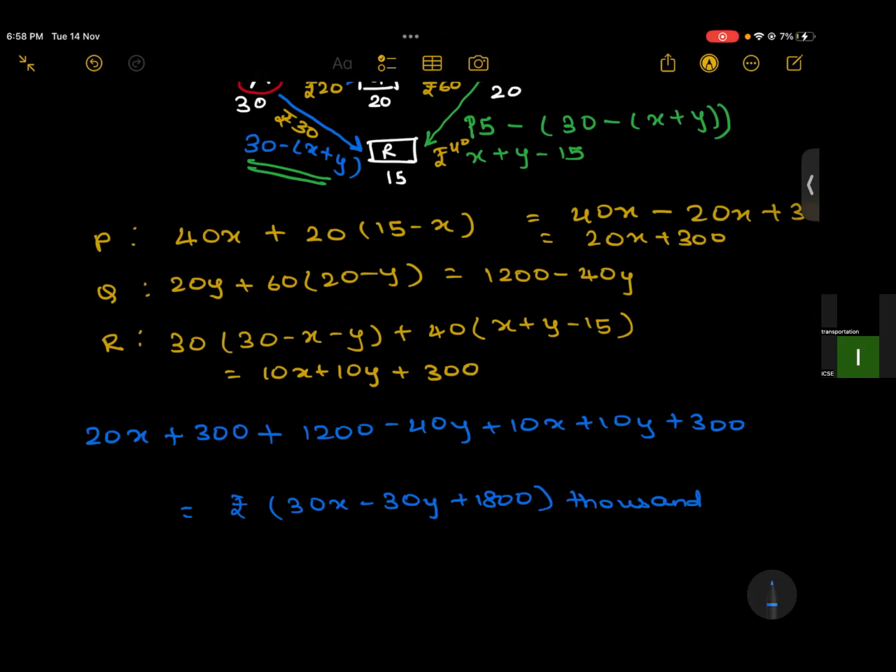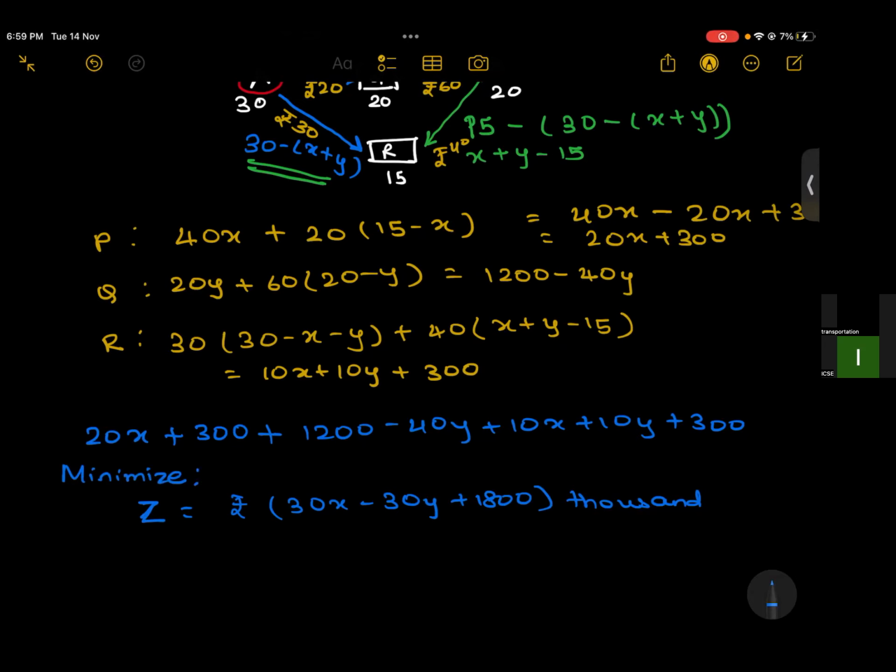Now, what do we have to minimize? So as we know in the other sums of LPP, this equation is our Z. This is what we need to minimize or maximize. In this case, we've been asked to find the minimum transportation cost. So you have to minimize this equation